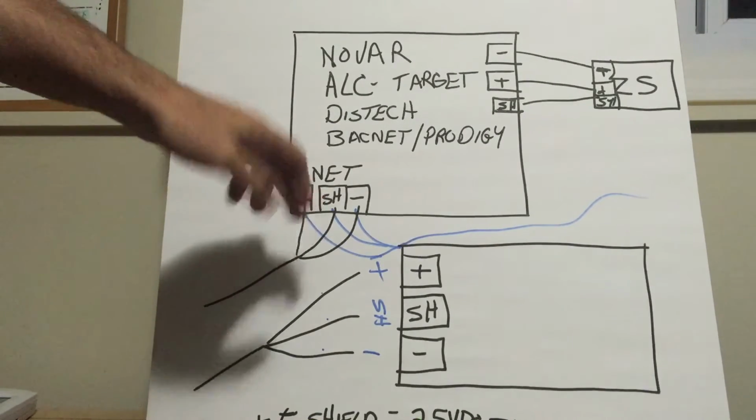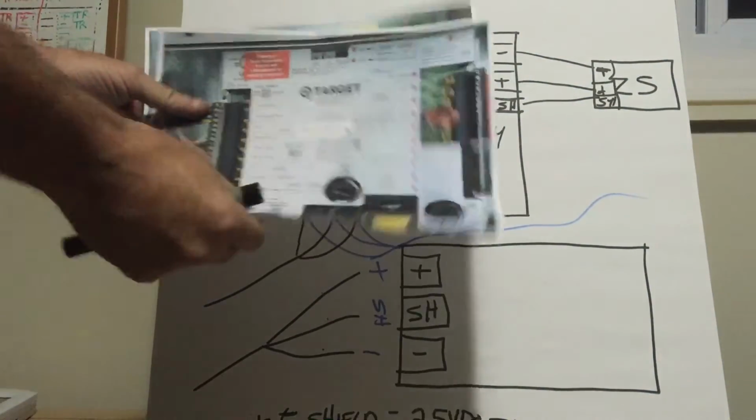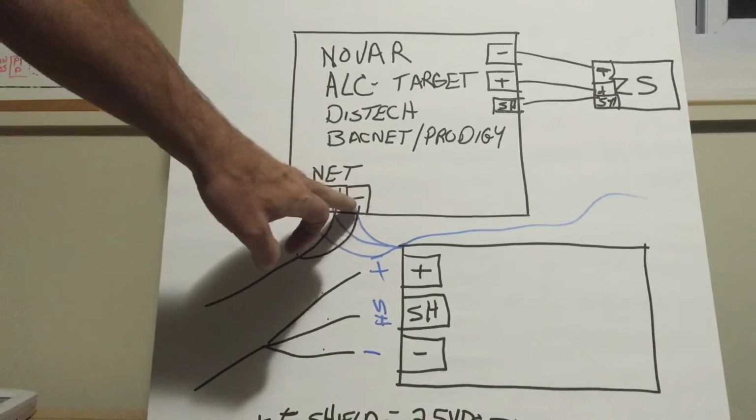Anyway, network communication on a Home Depot or a Target store with an RTM module that I had a picture of here. I think it fell on the floor. Oh, here it is, guys. Either one of these. Network cable comes in from the router